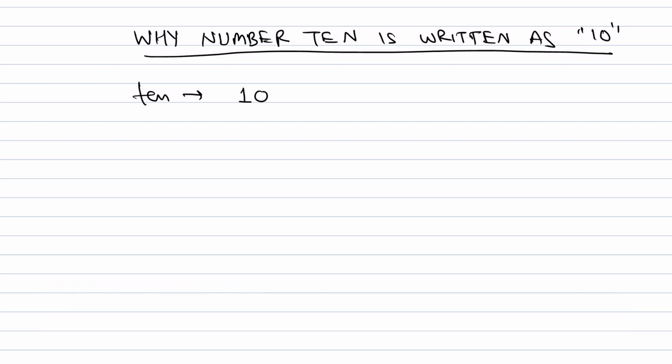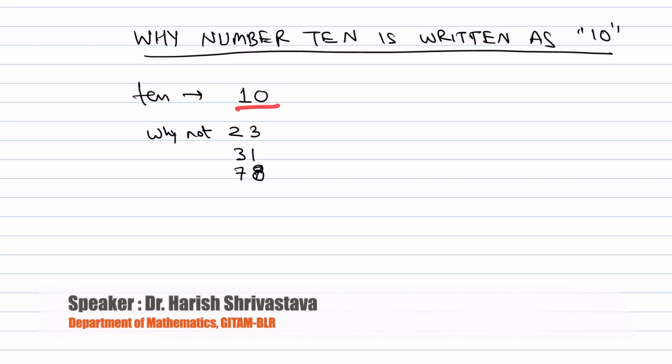0. Why not 2 3? Why not 3 1? Why not 7 8? Whatever, 7 8 means. Why? What's so special about this combination of digits which is so important for number 10? Okay, so